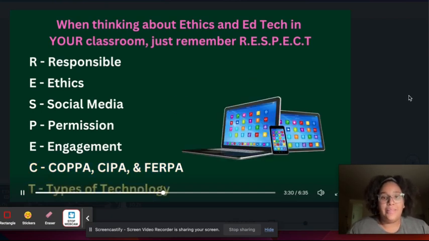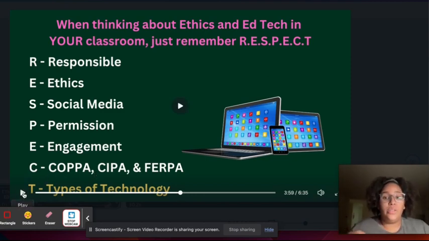The last thing we need to remember when we're talking about ethics in educational technology is types of technology. We know that technology is not all made equally. Because of that, we need to teach our students how to move through the world using multiple types of technology. If we are sharing devices, we need to teach our students that after we use these different types of technology, we need to go back and log out of what we're doing.